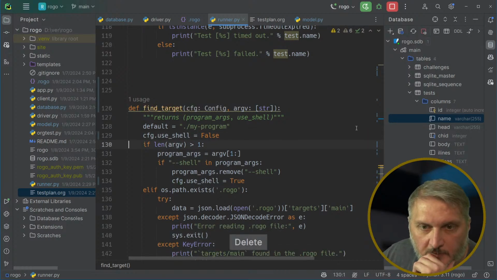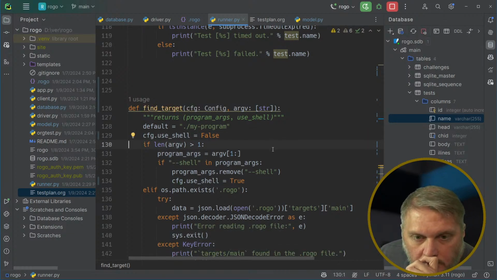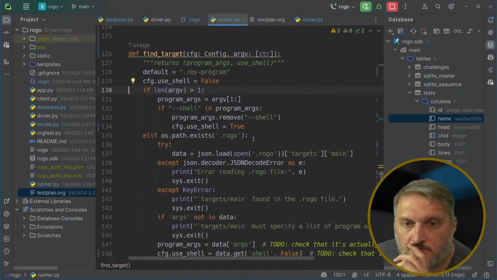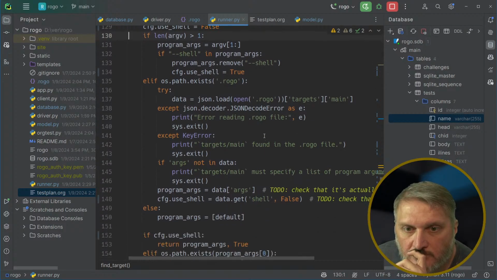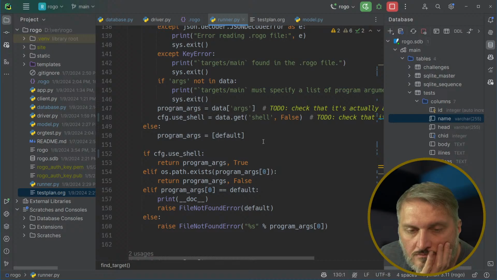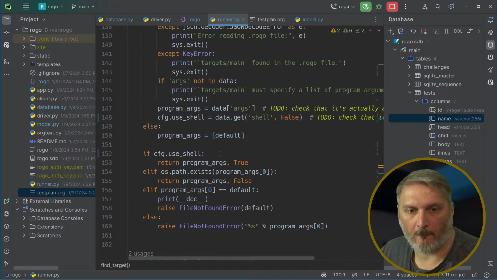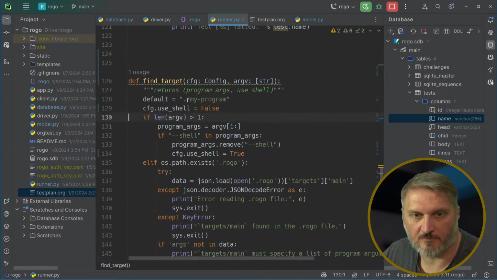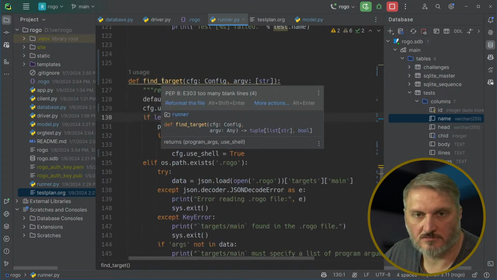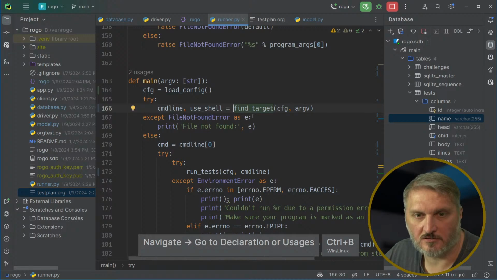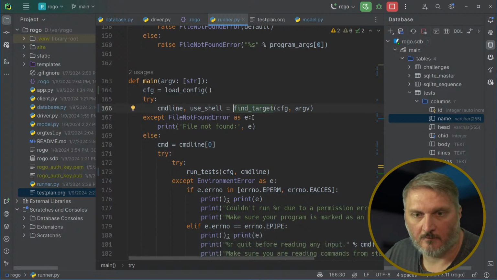We pass it in as a parameter. And so this actually returns program args. Find target, where it's called. And so we have to say